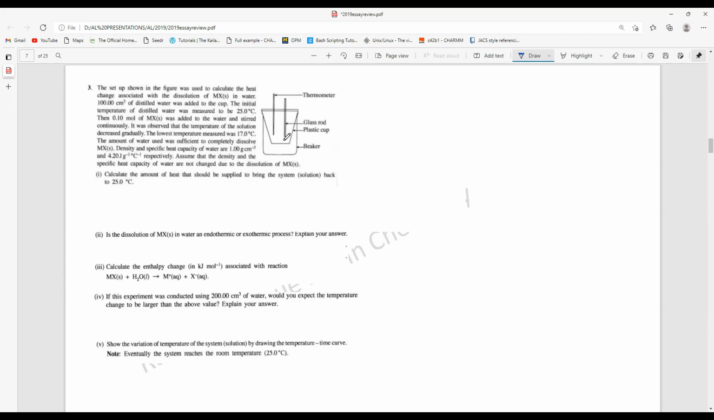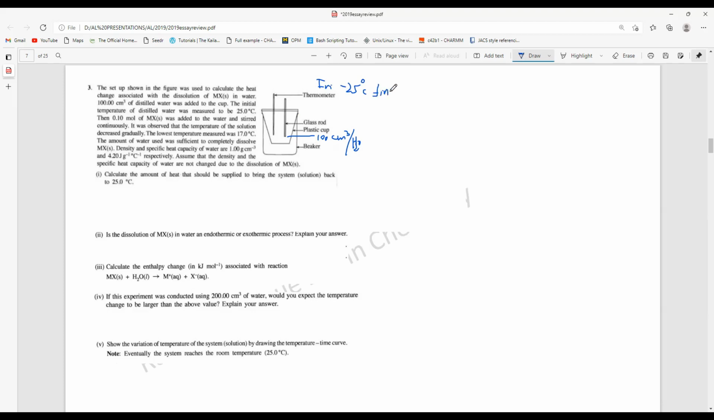So they have used 100 cubic centimeter of water. So I will write down here, 100 cubic centimeter of water is used. Okay. The initial temperature of the distilled water is 25 degrees Celsius. I would write like this: this is initial, ini,